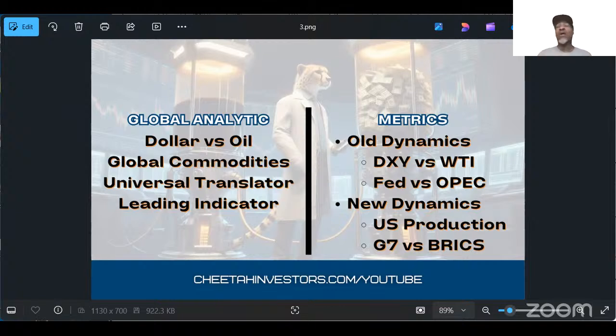But my students don't have to worry about any of that, because we are a part of the hunt, not a part of the herd. And that all starts with learning the prime correlation, the relationship between the oil and the dollar. Now, I did mention that the oil is first and the dollar is second. Let me explain this.